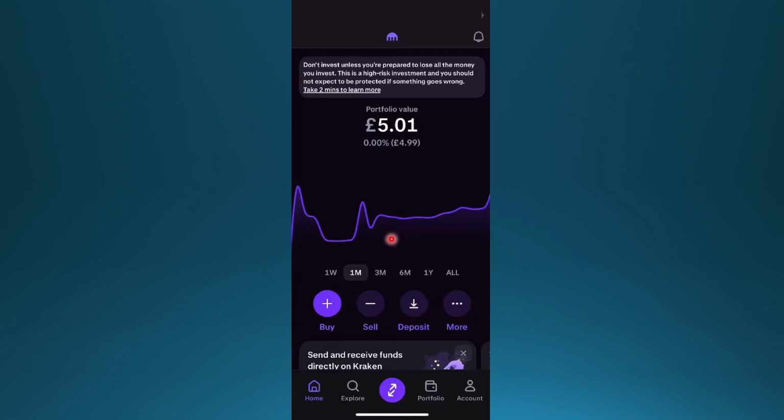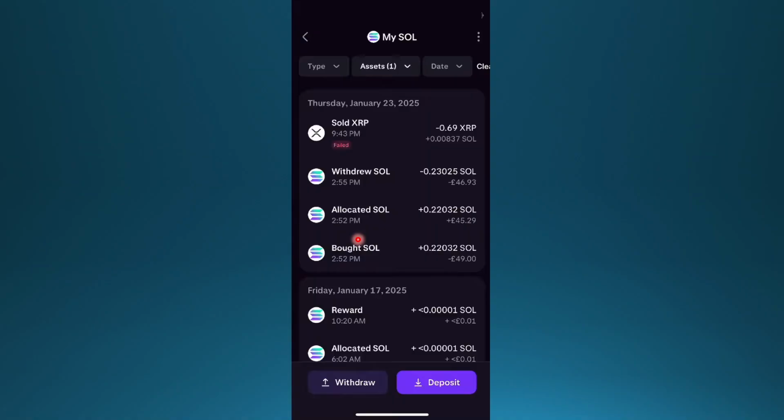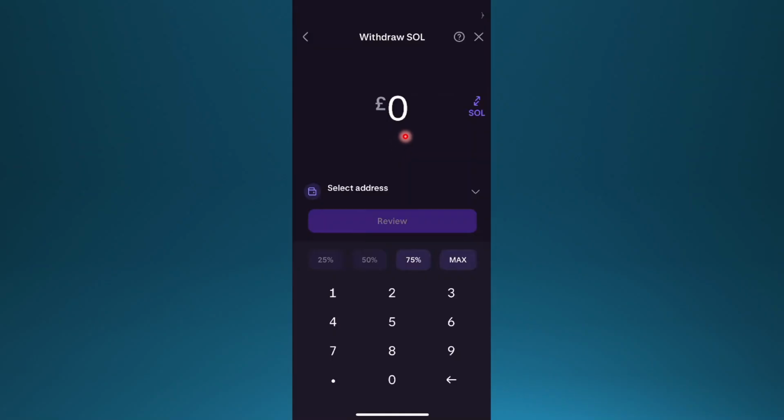Hey guys, in this video I'm going to show you how to send a Bitcoin from Kraken to wallet. So you can come here to your portfolio and look for your Bitcoin under crypto. I'll show you this example with Solana, but it's the same process with any crypto. So you select your Bitcoin or your crypto, and then you want to come here, hit withdraw, and of course